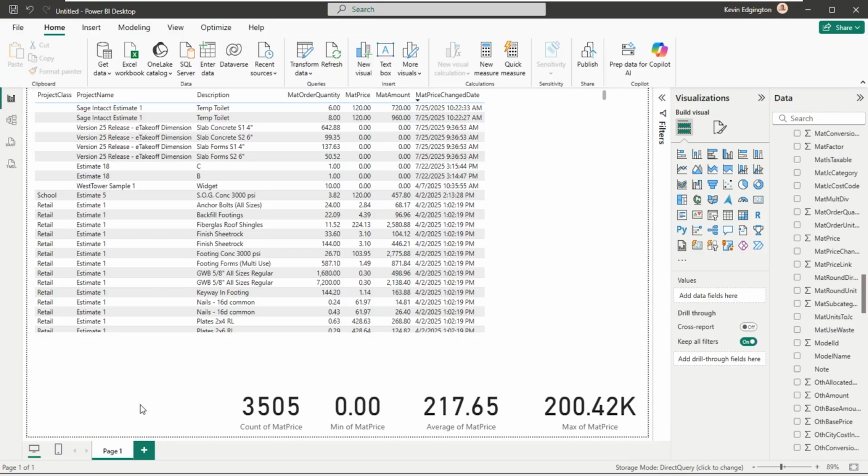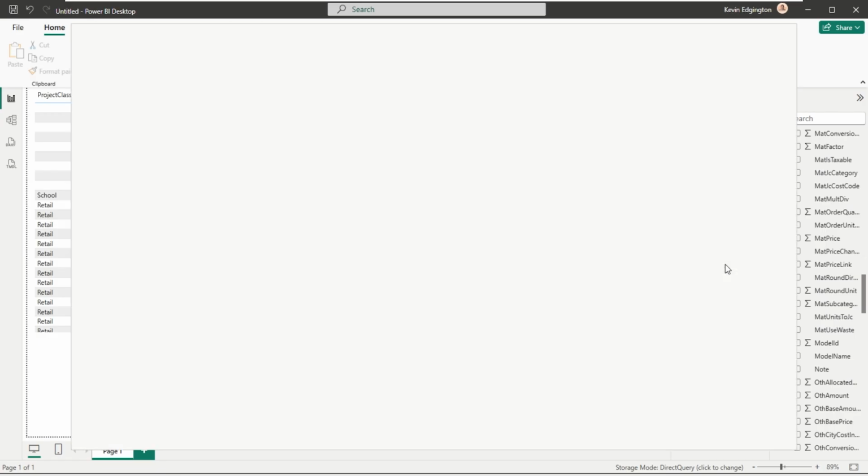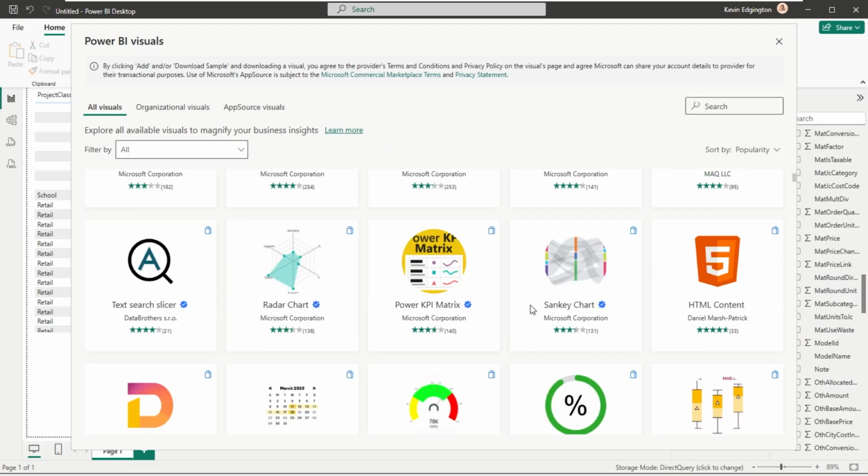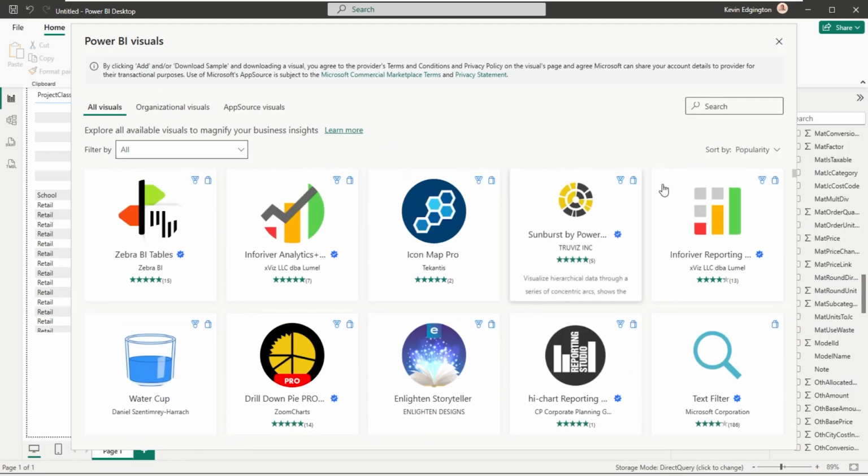And let's say the next thing I want to put in here is that thing where I could type in part of a description and show me all the line items that had that description in there. So this wasn't a standard visualization. This button will let you get more visual pieces than what's necessary in here. So I'm going to say get more. It's going to bring up a list of a bunch of different things that you can put out there that I have no idea what half of that stuff is.